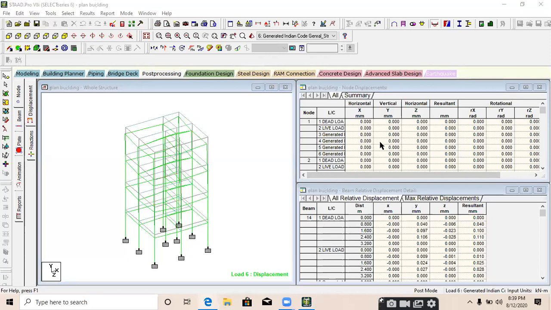Any other doubt? In the next class, we will learn how we can design a concrete structure and isolated foundation. We will do concrete design and isolated foundation. Can I tell you about the concrete design in this? How to decide reinforcement? Yeah, we are going to learn that. Akshay, don't worry.